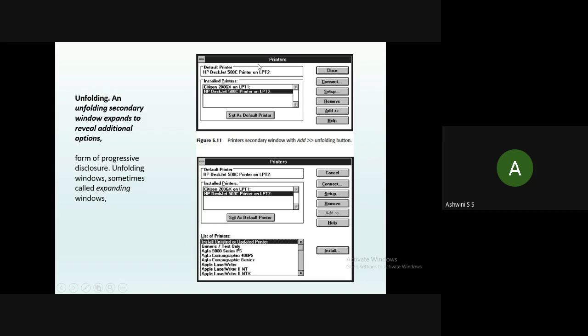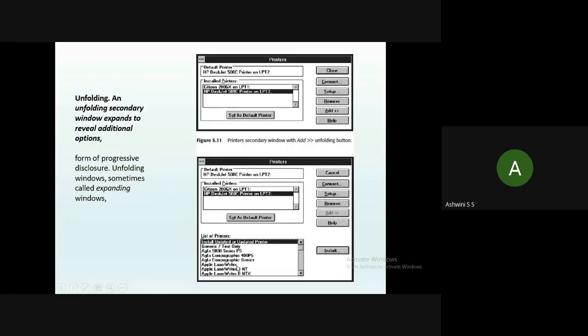And in the printer properties, once again I'll click on HP DeskJet. When I select that HP DeskJet, instead of opening one more window, it will display the options in the same secondary window, but below. The same window will be expanded and that option will be displayed below.